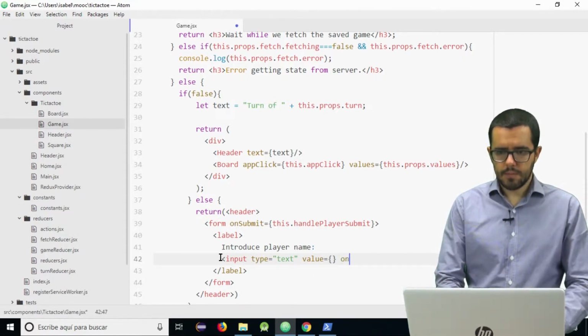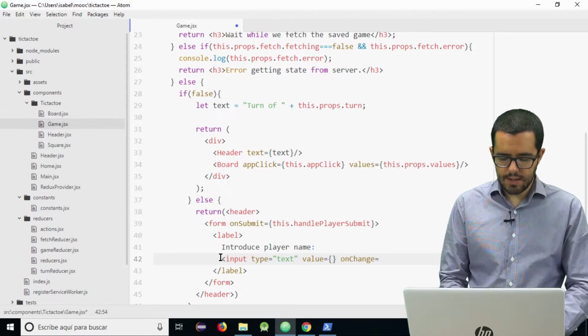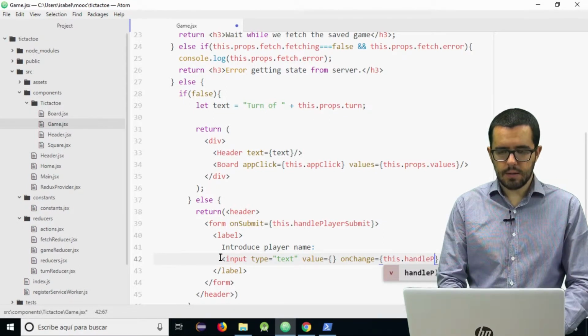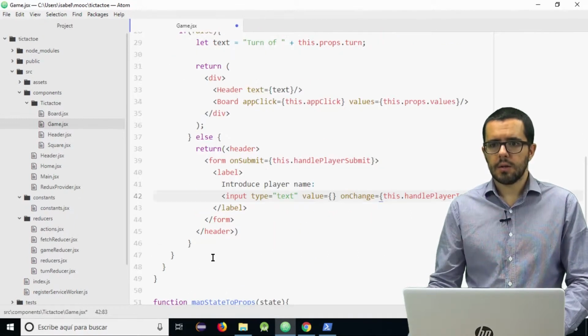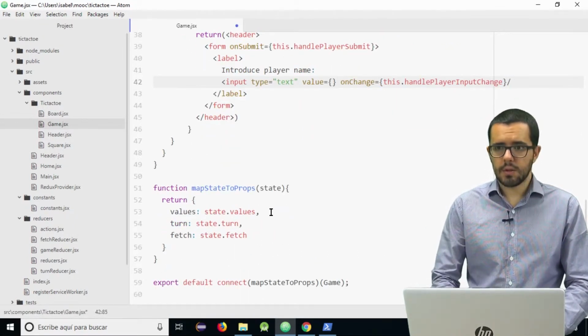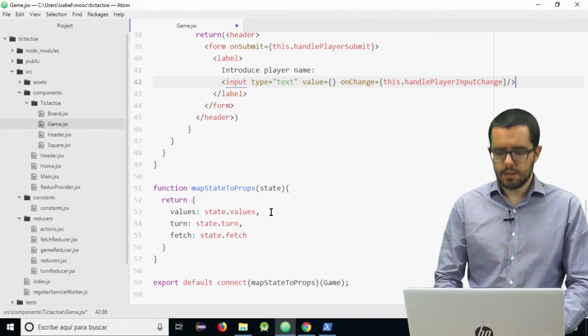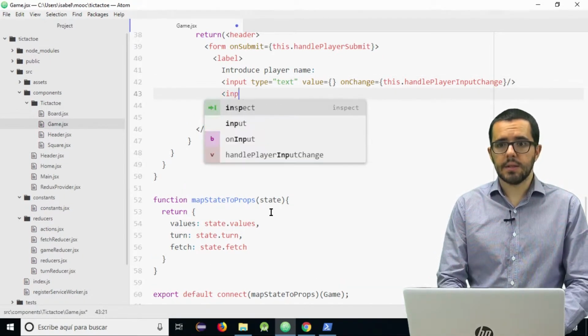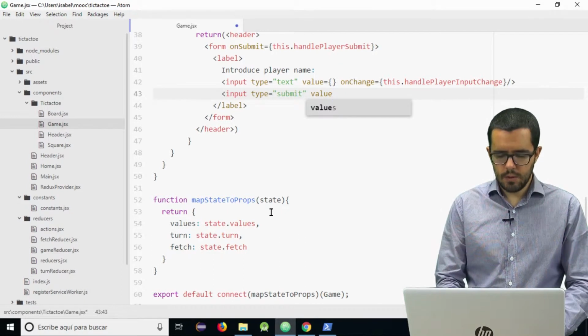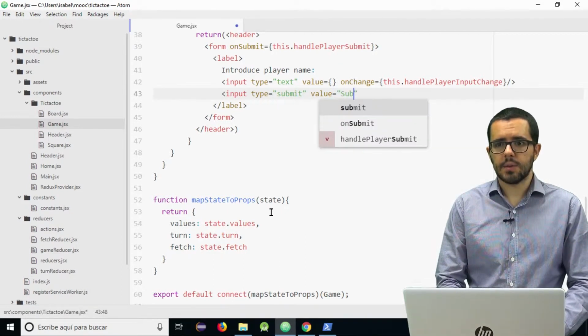And when the user introduces anything, any letter, any character, we call also another of our methods, handle player input change. Let's see it better. Perfect. And we close the input field. And finally, what the user needs is another input, type submit, and value, what the user reads, in this case just the string submit.